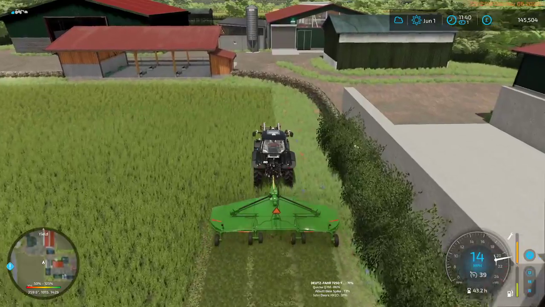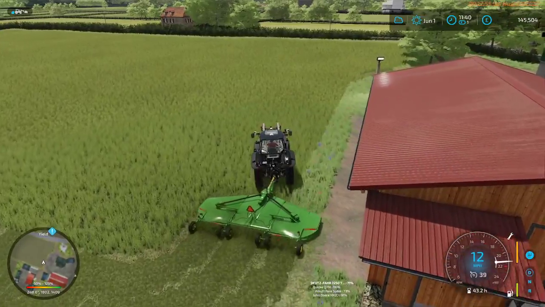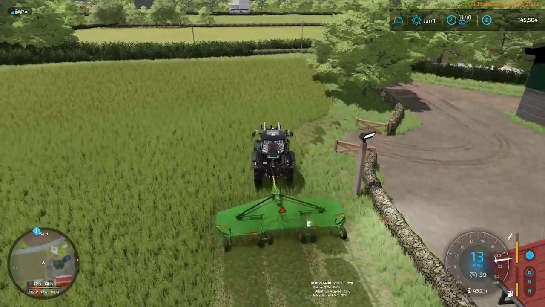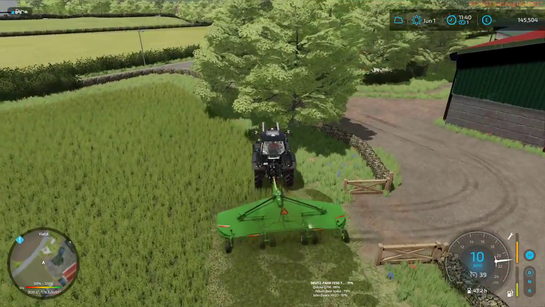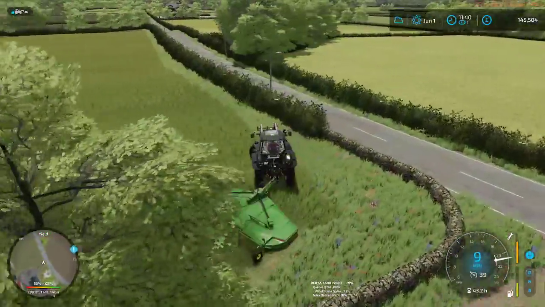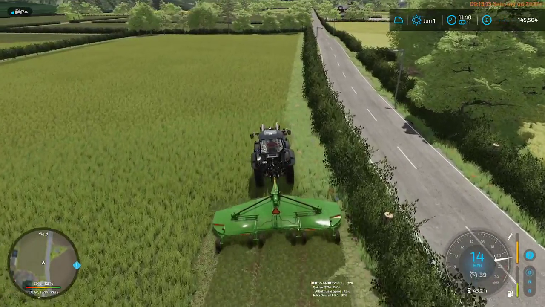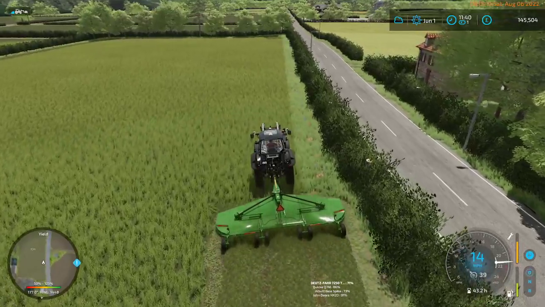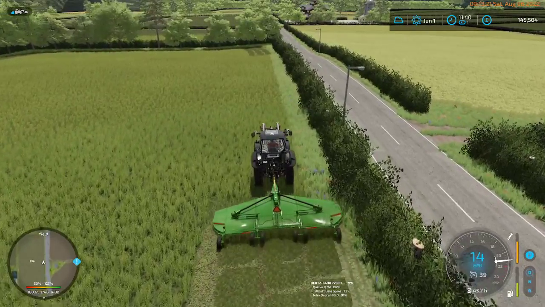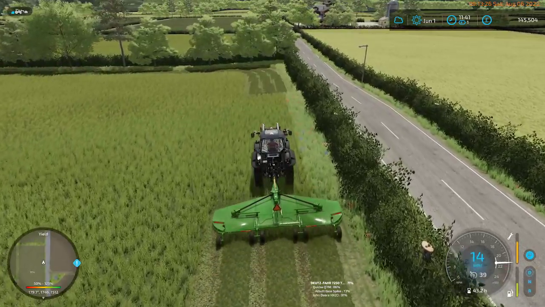So a lot of the grass fields on this map are part of animal pastures, including our one. I suppose that does mean I can actually make this headland a little straighter than I did on the first pass. Okay. So having practiced driving close to the edge of the field, I must admit I do think that